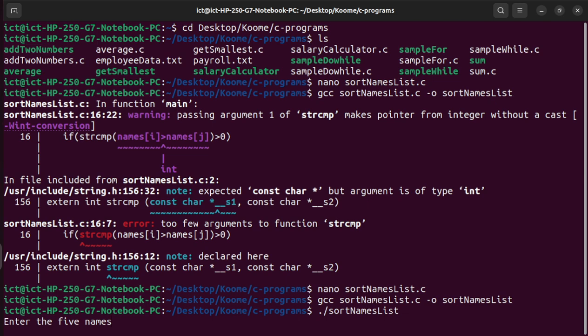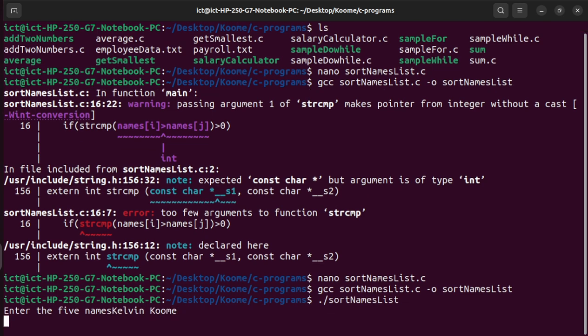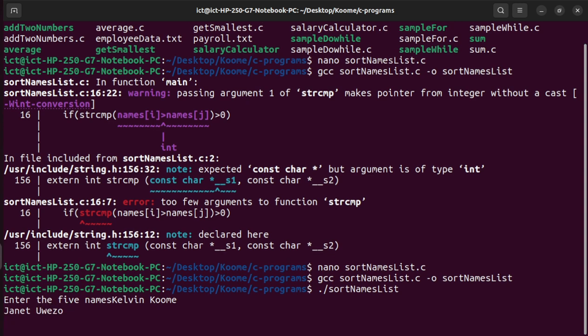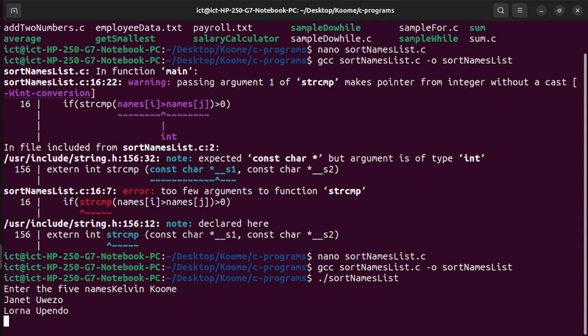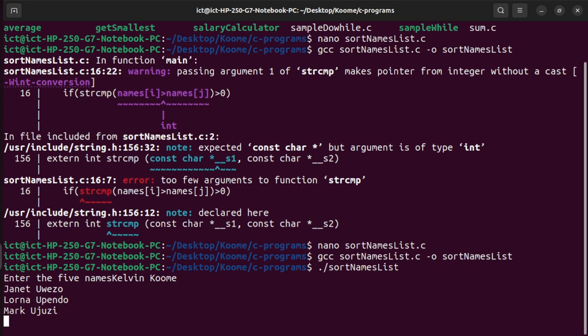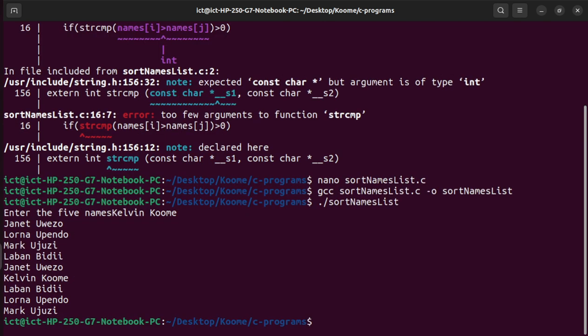Sort names list. Enter 5 names. Kelvin, Ome, Janet, Wezo, Lona, Pendo, Mark, Z, Laban, D. So you can see it has already sorted